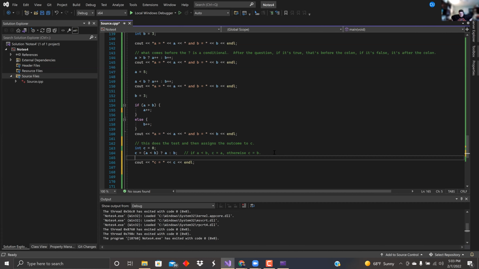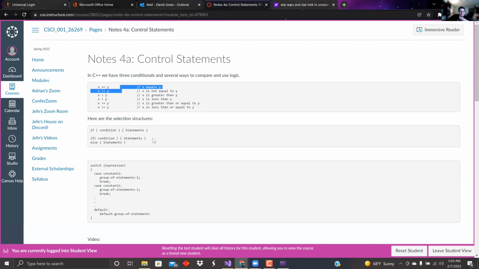So it's a lot to use, but it can be really handy. If and else are pretty solid. This one's a little trickier. The hardest part about this one, to be honest, is remembering how it works. But if we look at our lecture notes,